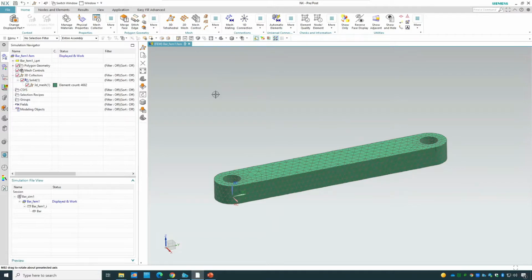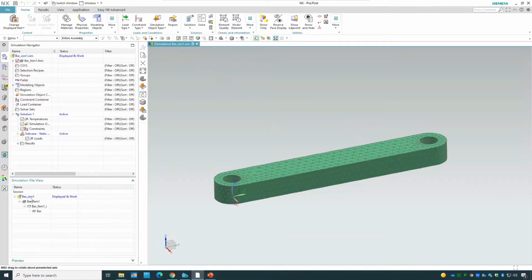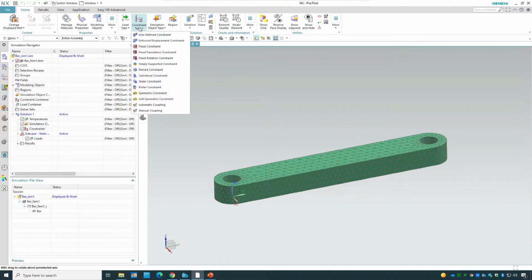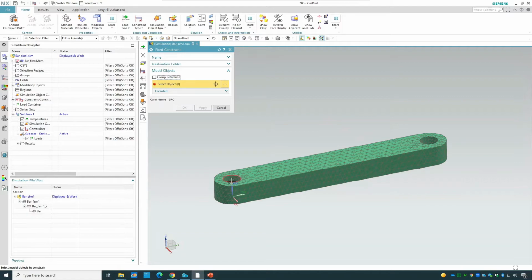So what I'm gonna do now, I'm gonna go to the simulation level. I'm gonna go one up from this mesh level to the simulation level. And then I'm gonna decide what kind of constraint I'm gonna use, where I want to fix my model. Depending on what kind of condition I want to make in here, I will go to the different kinds of these constraints, some of which will have a different tutorial to understand them better. In my case, I'm gonna go with a fixed constraint, because I'm gonna fix every